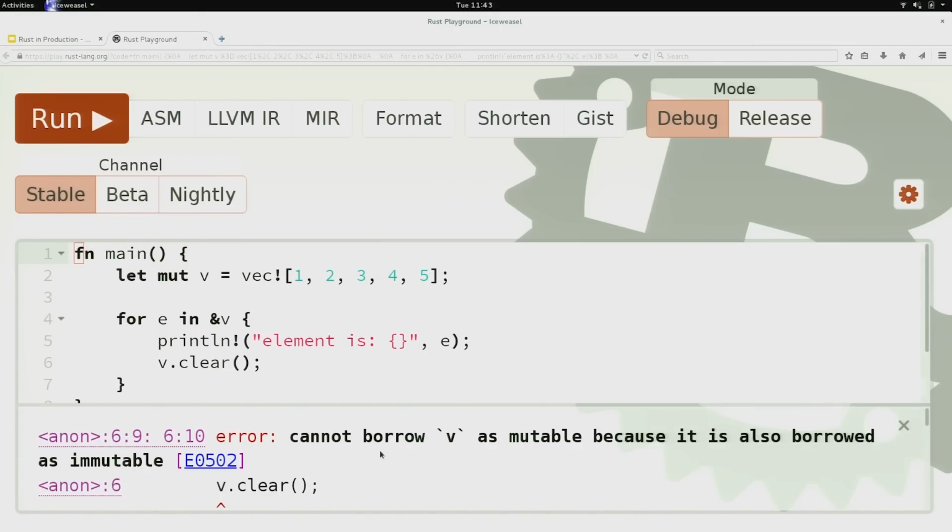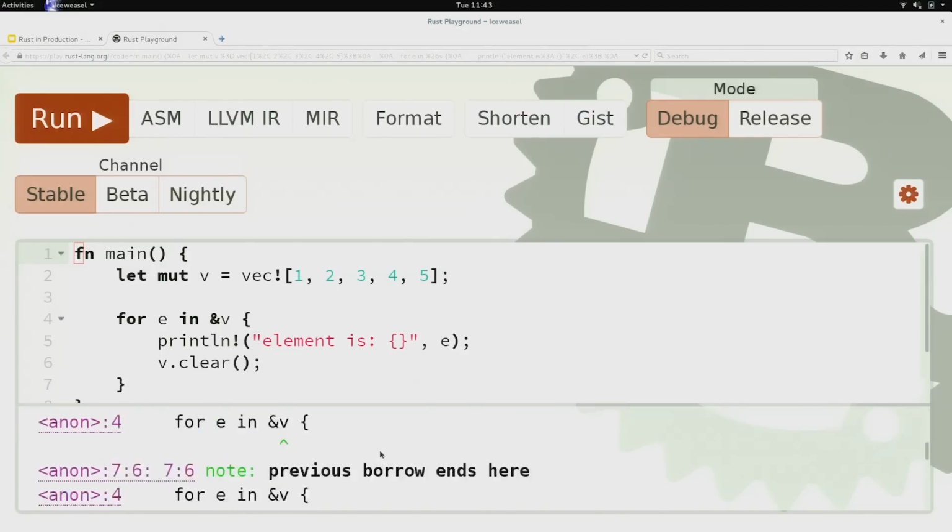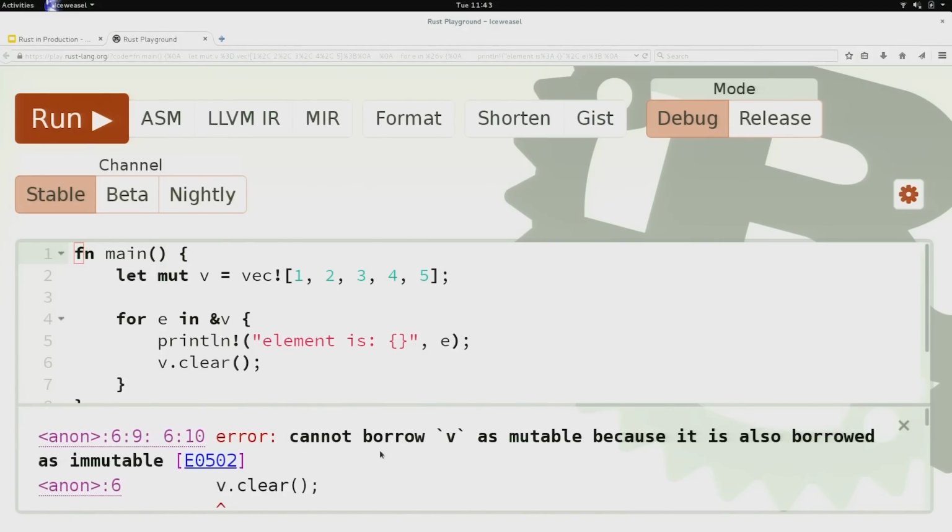It says, cannot borrow v as mutable because it's already borrowed as immutable. And this whole big error message basically points out, hey, you're already referring to this vector here, so you can't also mutate it while it's being referred to. So again, this is a static compile time analysis. There's no runtime overhead for doing this, but it catches a lot of errors. Both of these two examples are really trivial versions of this problem. One of the problems with trying to show off analyses like this is that, for example, for the first one, GCC will warn in trivial cases like that, but this analysis is significantly more sophisticated and will catch all of the cases as opposed to just the trivial ones.